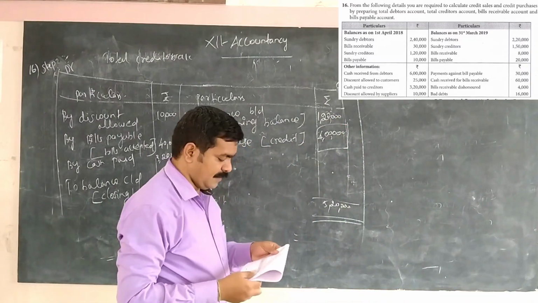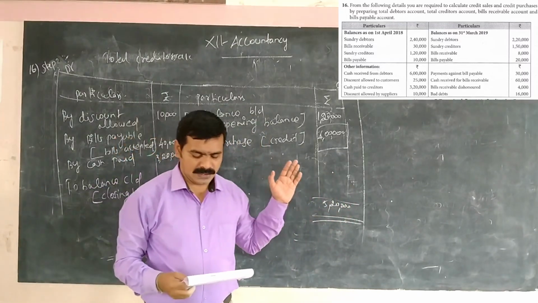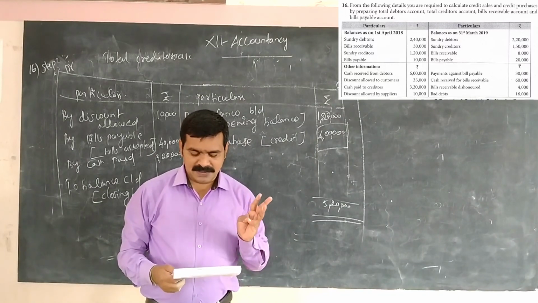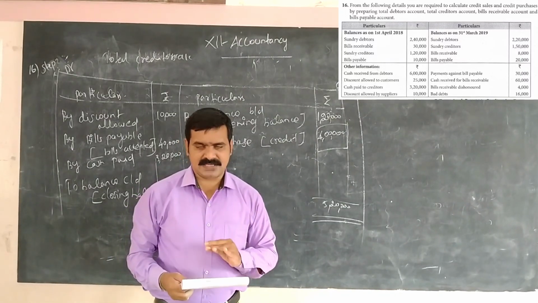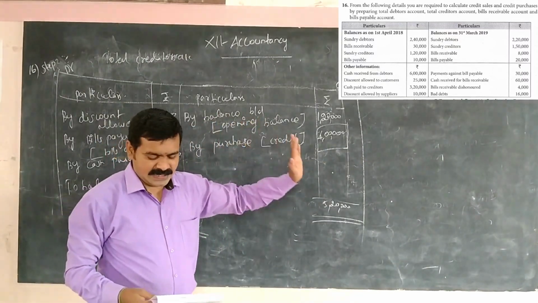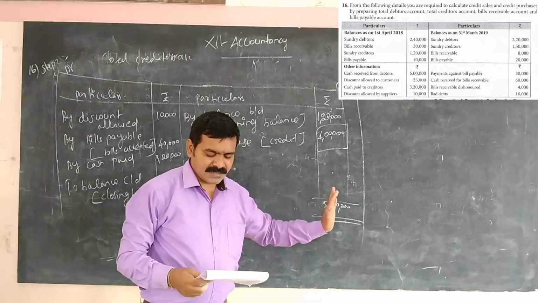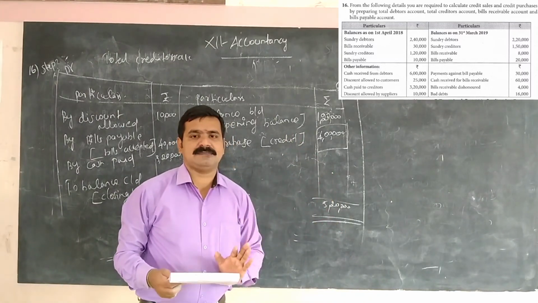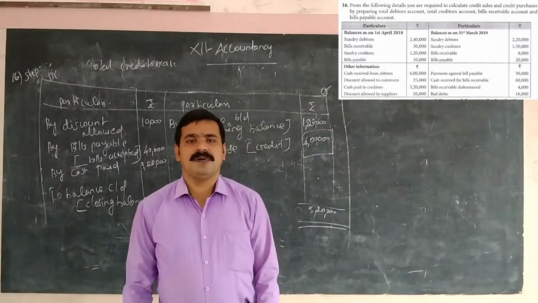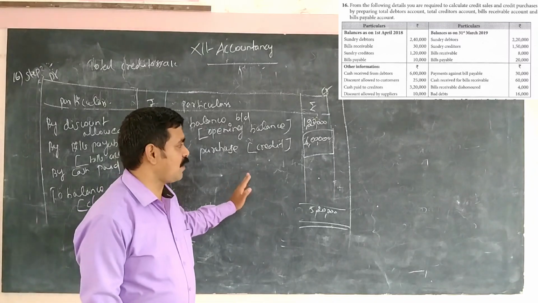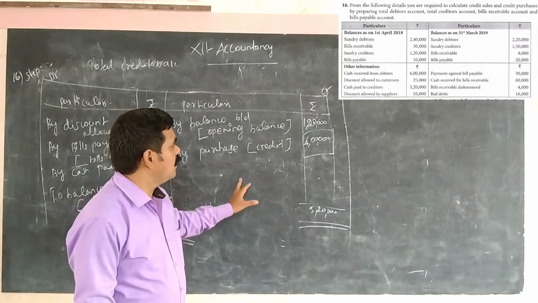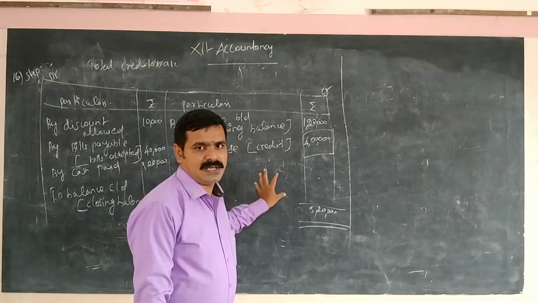So we found a lot of information, a lot of solutions in this problem. Bills received amount, credit sales, then bills accepted, then credit purchase. Here the 4 lakh is the purchase, 6 lakh is the sales, 42,000 is bills receivable, and bills accepted and bills payable 40,000. Okay, I hope that you understand this concept, this problem. This one is very important, very easy to solve. This is a very important question in board examination.